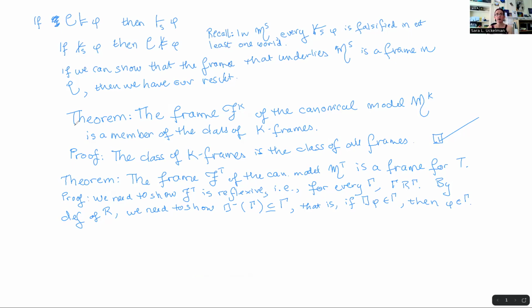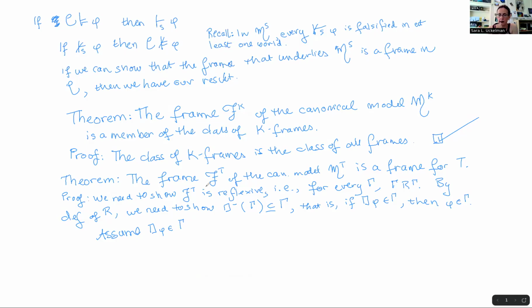So this is a hypothetical. What we're going to do is assume the antecedent and then show that the consequent follows, and we're just going to do it for an arbitrary gamma, so it will hold for any gamma whatsoever. So we will assume that box phi is in fact a member of some arbitrary